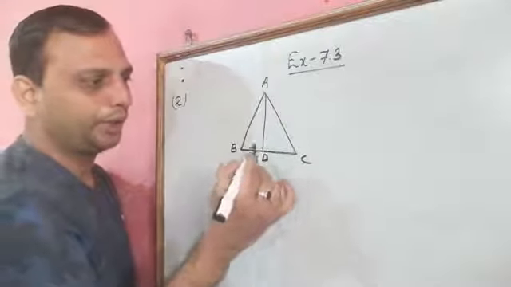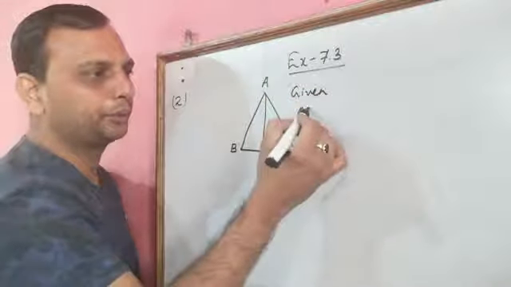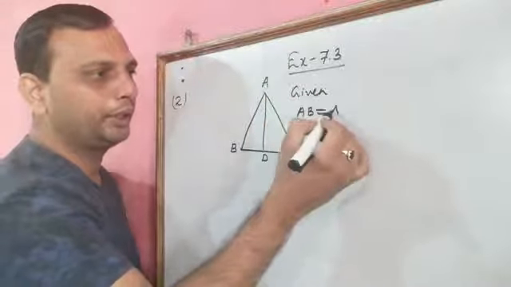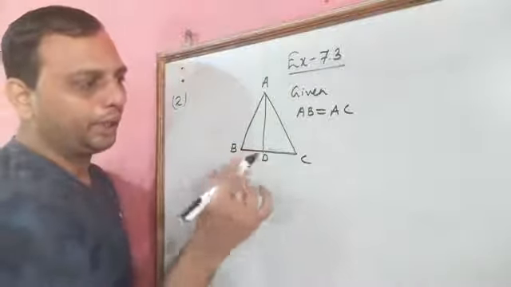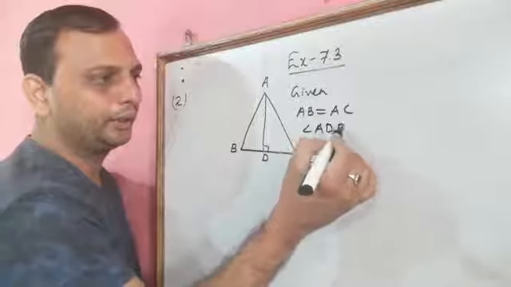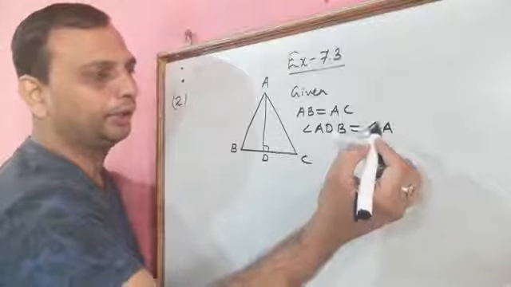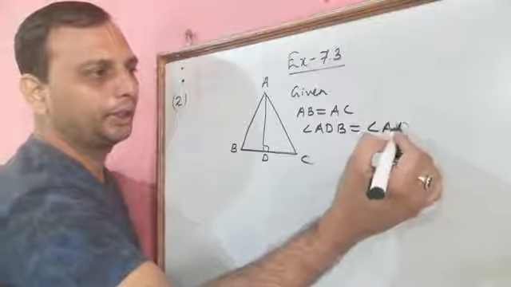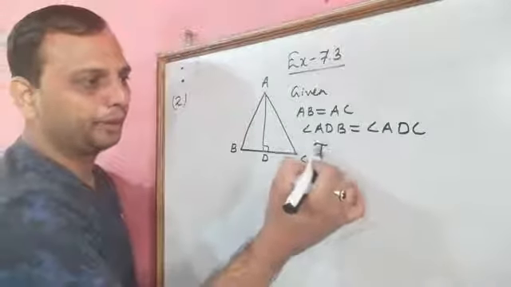AD is the altitude, and it is given that this ABC is an isosceles triangle. If ABC is an isosceles triangle, AB equal to AC, and if it is the altitude, it will make 90 degrees to the base side. So we can write angle ADB is equal to angle ADC. This is also given, and we have to prove that